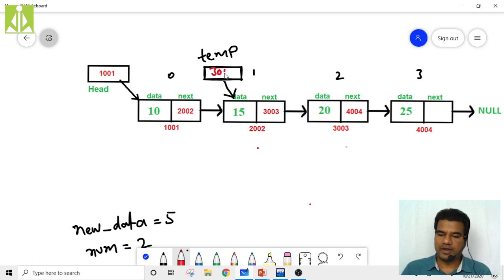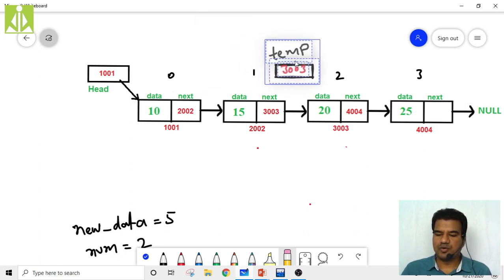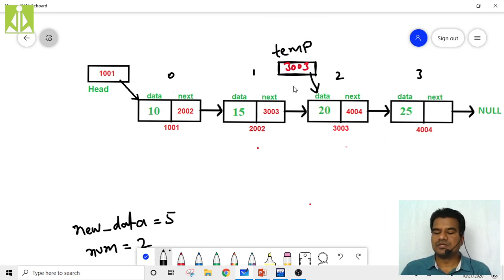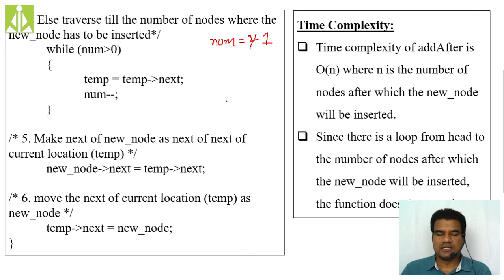This link again gets removed, and the temp is going to point to 3003 like this. So now my temp is pointing to 3003. So far we achieved this much.